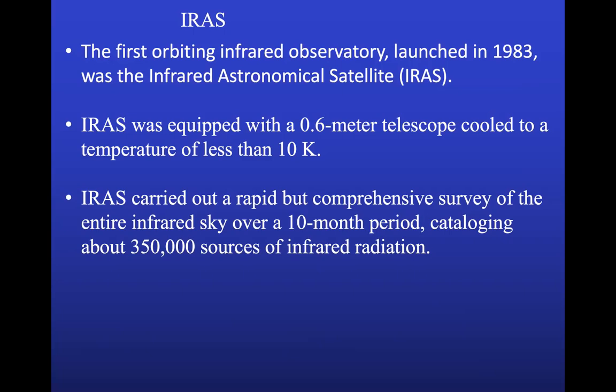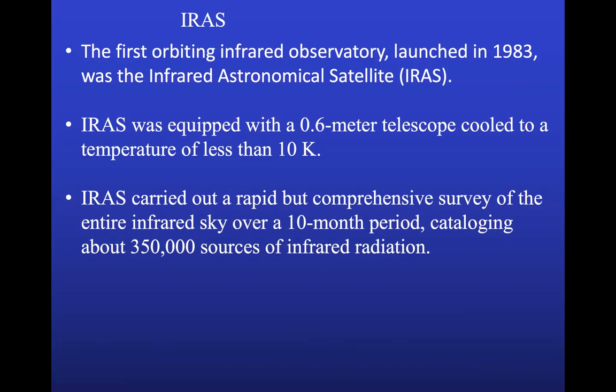And this is cooled to a temperature less than 10 Kelvin. And then IRIS, the primary task was to carry out a rapid but comprehensive survey of the entire infrared sky over a 10-month period, and it has actually catalogued around 350,000 objects